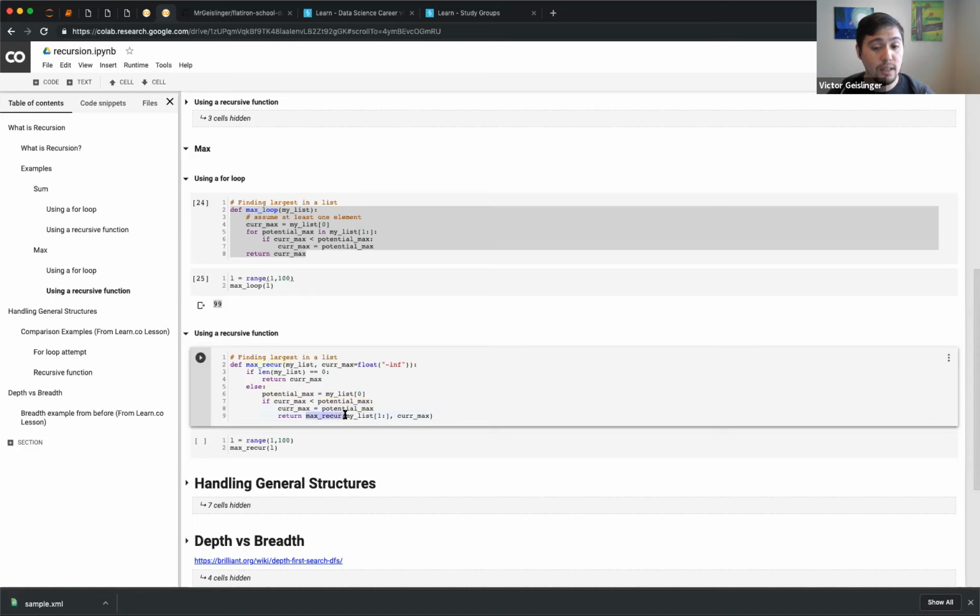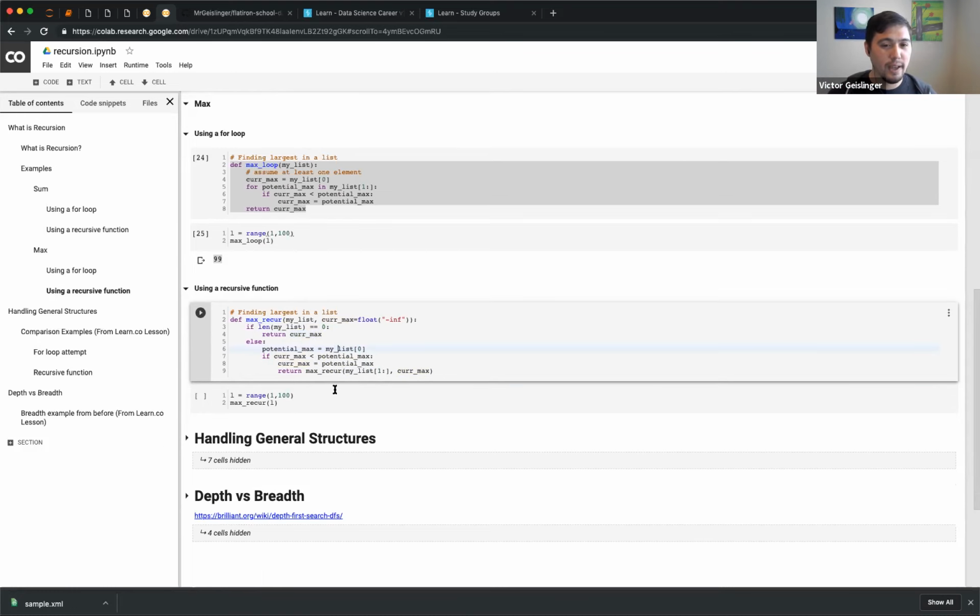Max recursion is then called on an empty list, because I got rid of everything, passing in the current maximum, which is 2. It comes here and says, your list is now empty, so return the current maximum, which the last time we passed was 2. That bubbles up to everything else, so this is 2, this will just be the number 2, and it goes all the way upwards. That's how you can envision recursion.